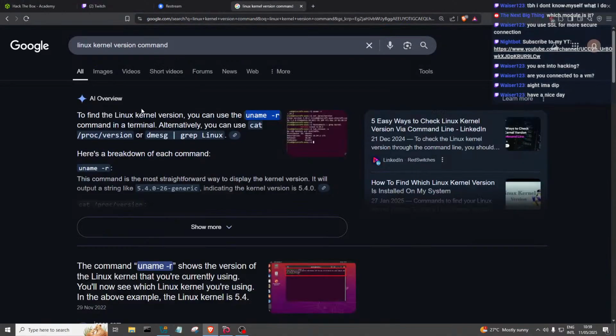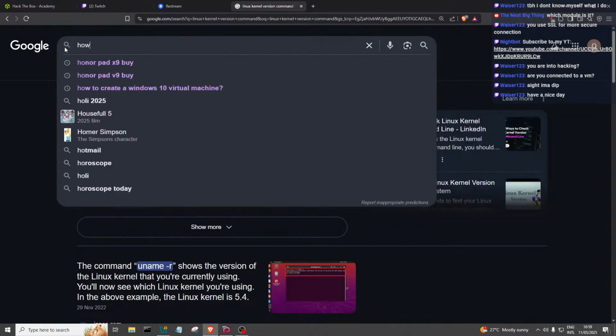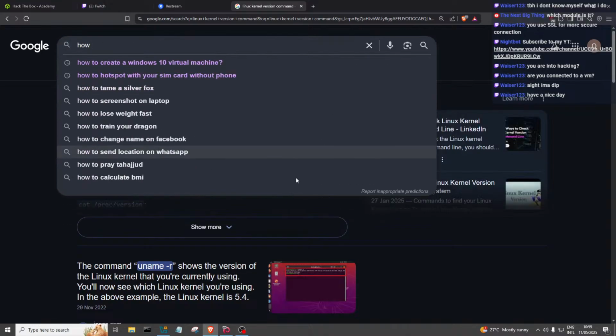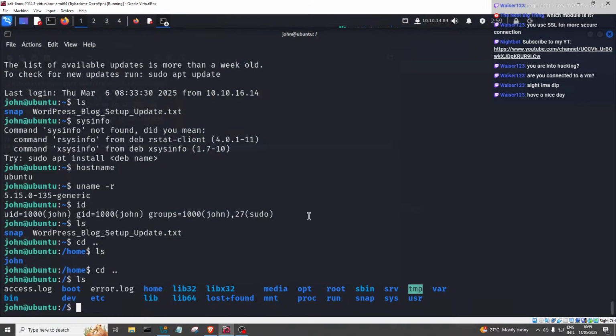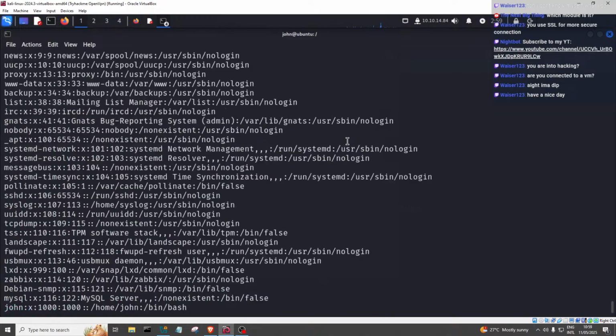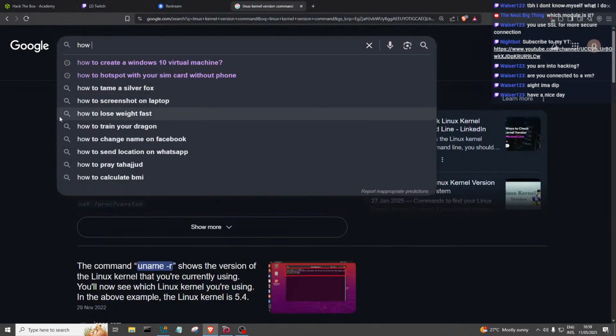There's a command. How to... Oh yeah, I could just cat /etc/passwd. I think it shows me that. Cat /etc/passwd. There we go. And then I need to just grab